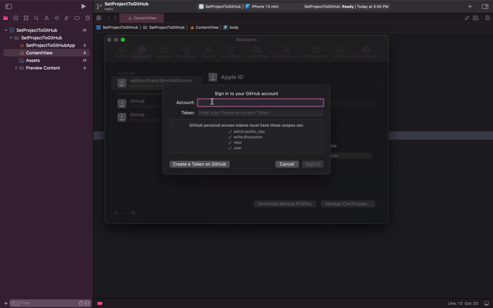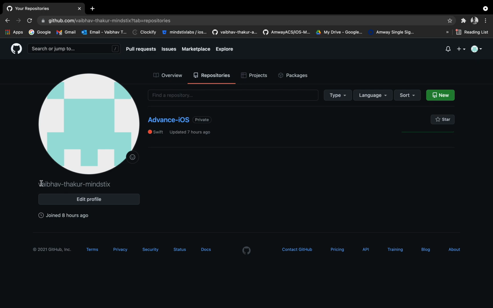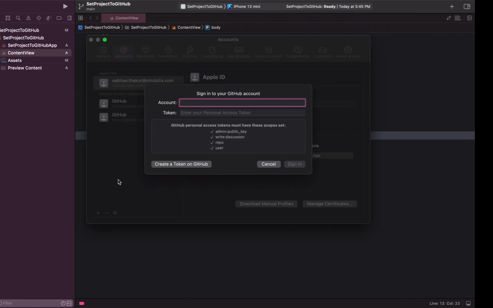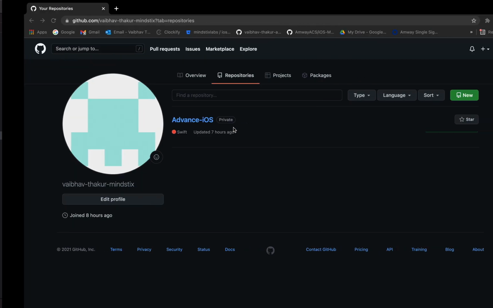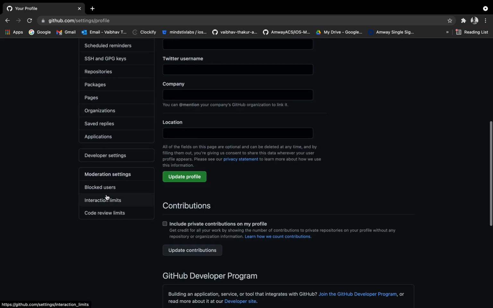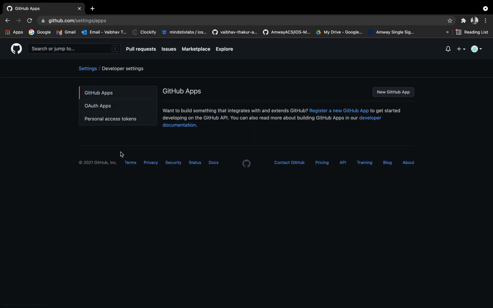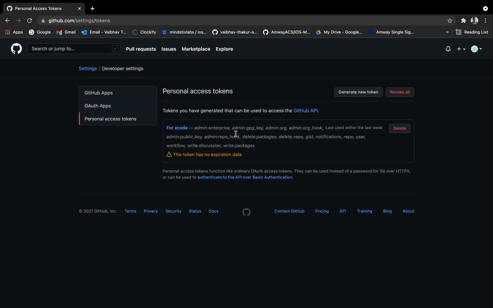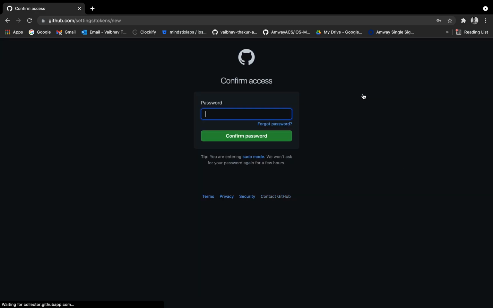Here it will ask you for the account name and the token. So if you don't have this token or account name, I'll just show you how to get that. So the account is just the name of your account. So this is my account name, which is the account name you need, and the token is nothing but, if you go to your settings tab, scroll down, and inside developer settings you'll see this personal access token. So click on that. I already have one, so if you do not have one, then generate a new token. I'll just show you how you can do that.